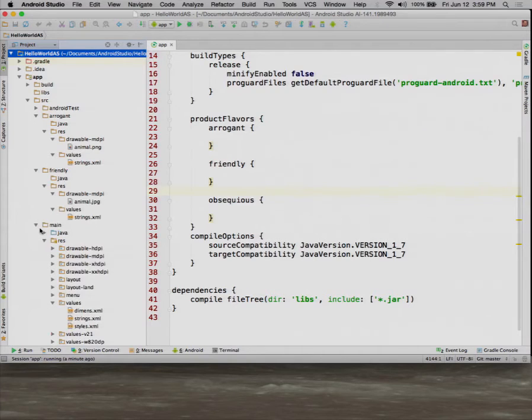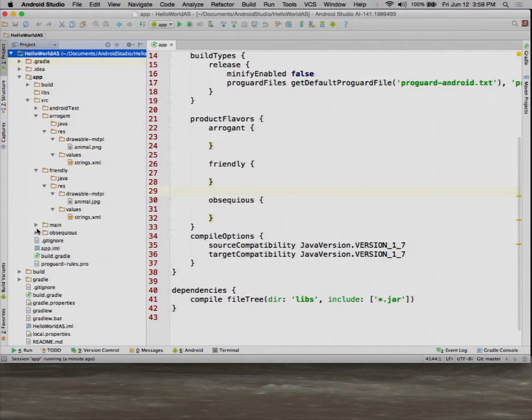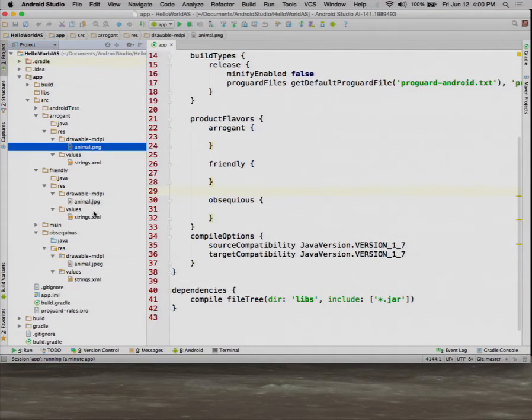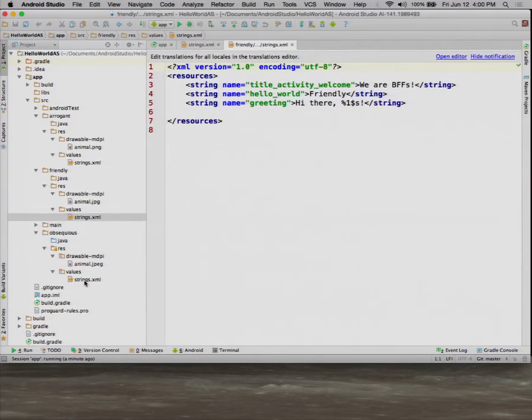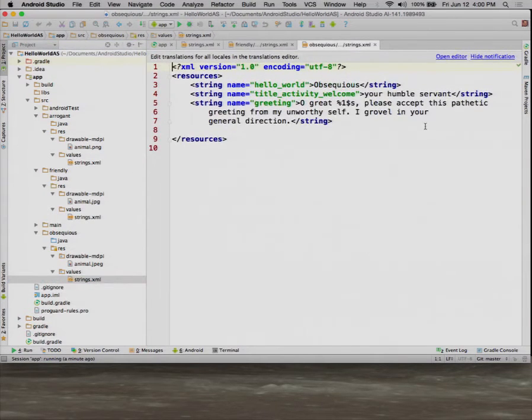That's just down at the bottom. So let me close up the main one here. All I'm doing is that each of these animals is a different picture, just with the same name. And all of the strings are the same file, just with a different greeting in them. There's one, and there's another, and there's the third. So whichever build type I pick, that's the resource it's using.